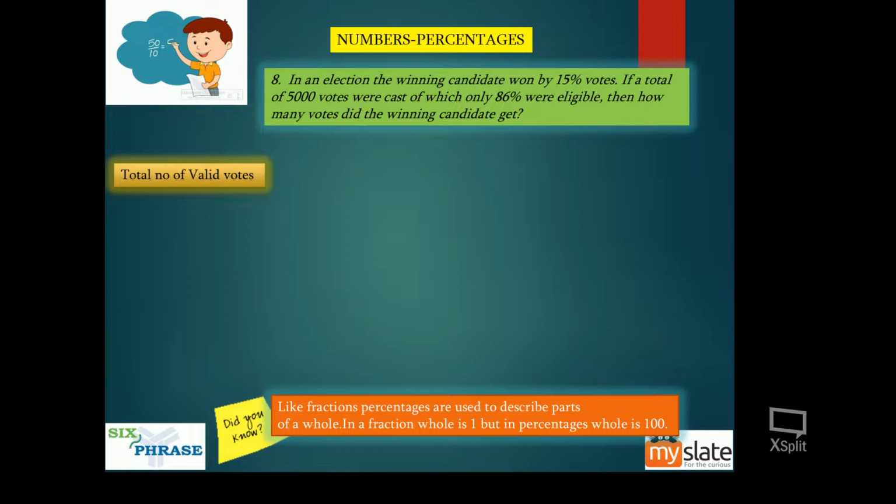Okay, and it will definitely not be 50 percentage. It will be 33.33 percentage. We'll talk about that later. But right now, guys, you just have to understand this 15 percentage is the increase percentage from losers votes to winners votes. Then we know the usual thing, total number of valid votes will be equal to winners votes plus losers votes.